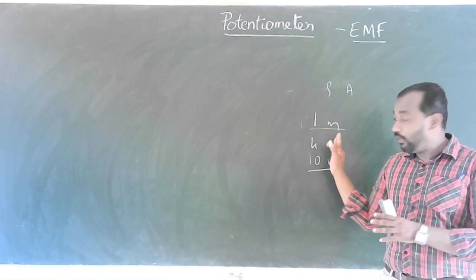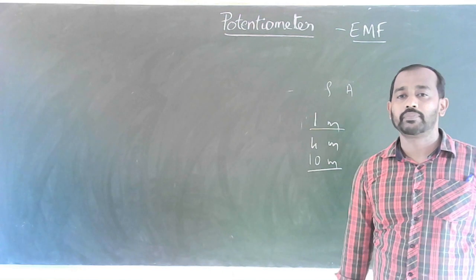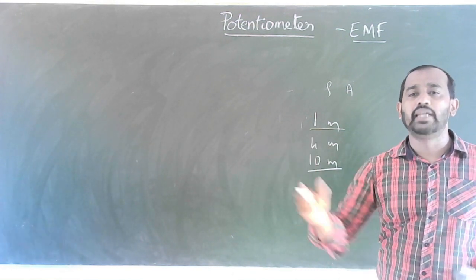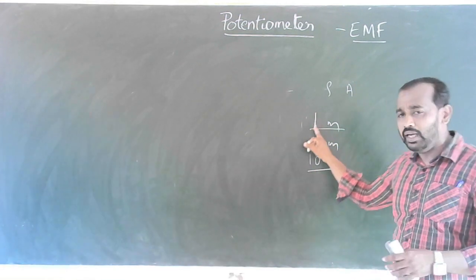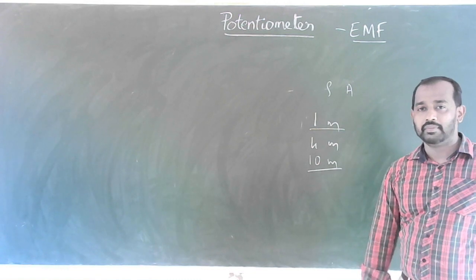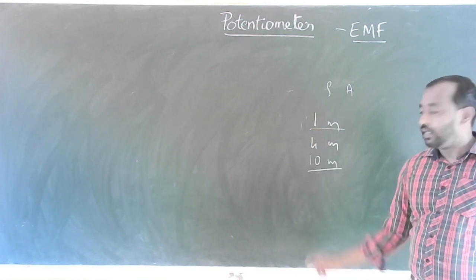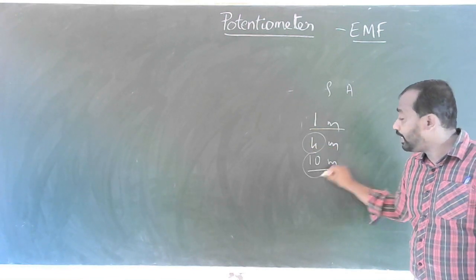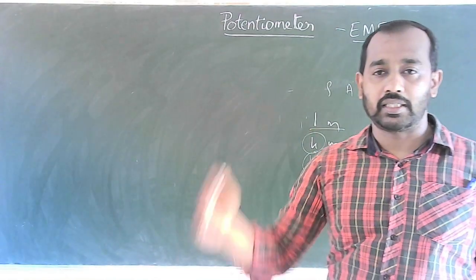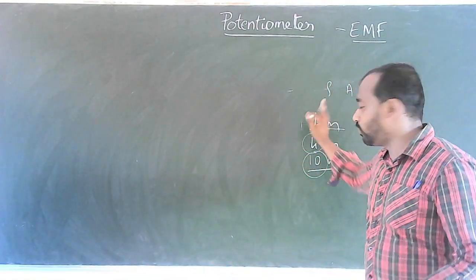Here everything will be mounted on a wooden board. Actually the length of the wooden board will be a little greater than 1 meter. So it can only mount a 1 meter wire. But how to mount the larger wires? We are going to use a number of pieces of the same uniform wire, each of length 1 meter.